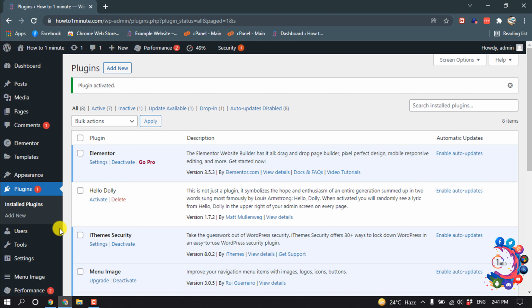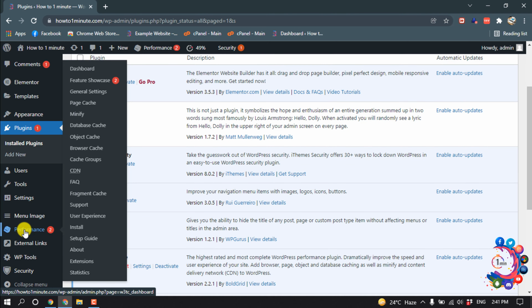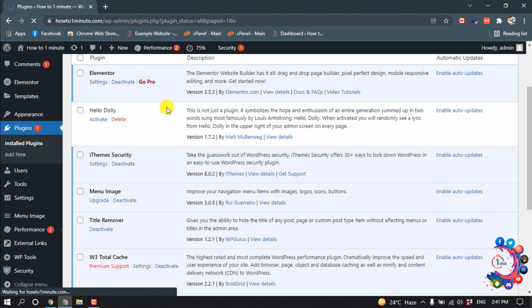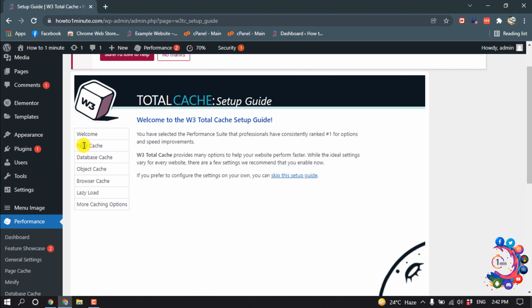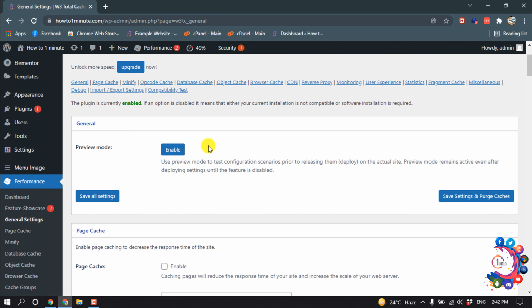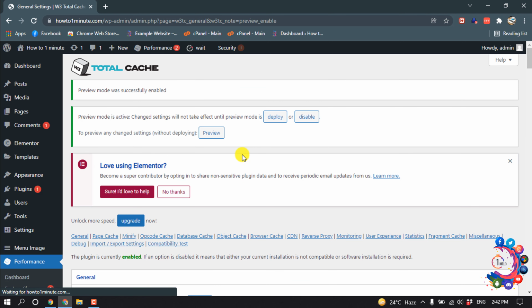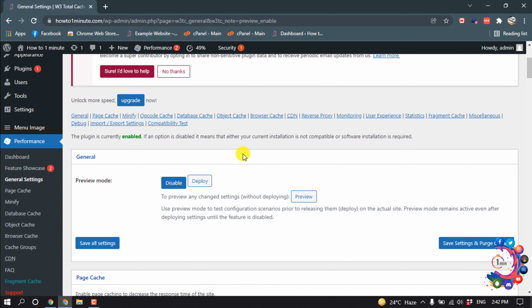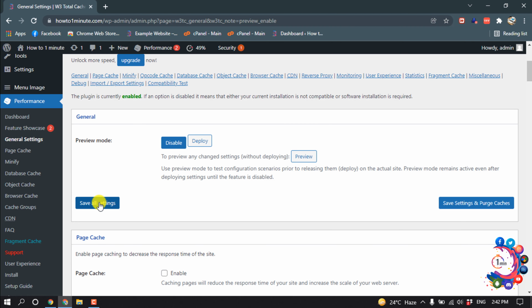and after that click on performance and then click on general settings, and now click on skip and then click on enable. Save all settings,